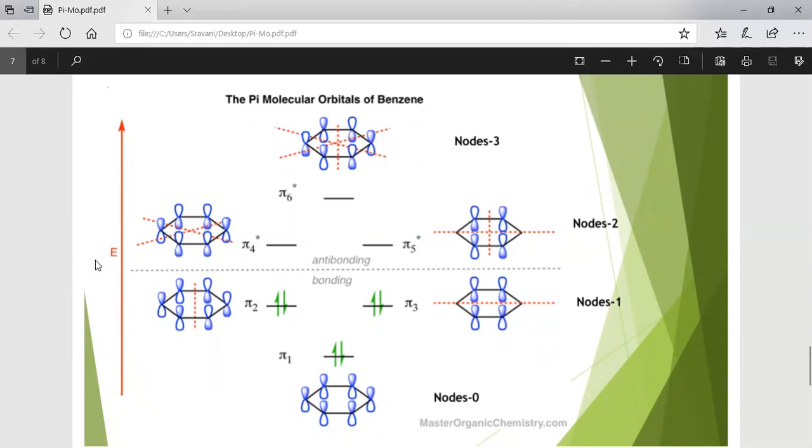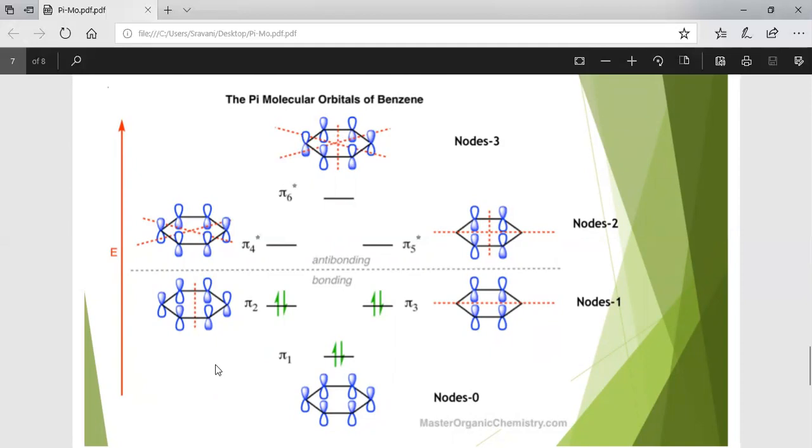And next, the 6p orbitals, which are having 1 electron each. Those are overlapping each other and result in the formation of molecular orbitals of benzene. So this is the center horizontal line, and this line is known as the non-bonding line. Here we are not going to observe any vibrations. No overlapping is seen here. And the orbitals which are lying below this line are known as bonding molecular orbitals. These 3 come under bonding molecular orbitals. Next, above the non-bonding line, these 3 orbitals are known as anti-bonding molecular